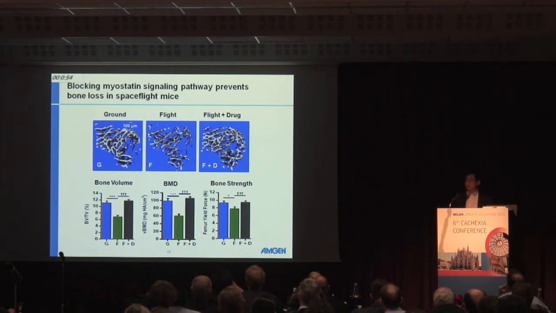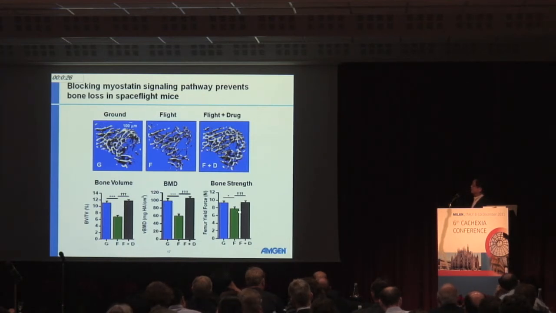the disuse in space is well known for not only muscle loss, but also for bone loss. And this is what happens in terms of the bone loss. You can see the bone volume at 14-day exposure to microgravity really caused a lot of bone loss. But the nice thing is that the compound with one injection completely mitigated the bone loss and also the loss of bone strength. So this pathway was effective in protecting both muscle and bone in microgravity disuse.